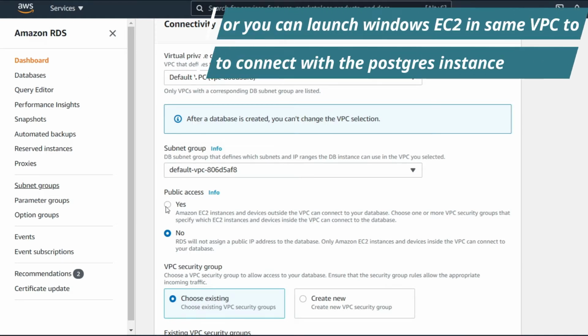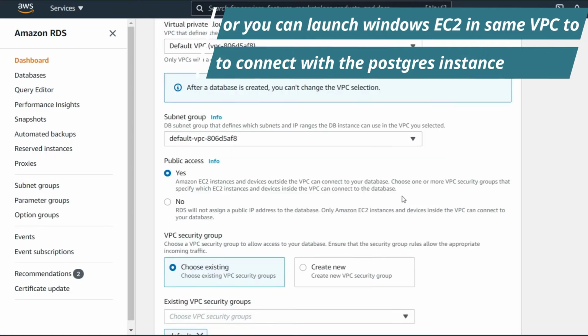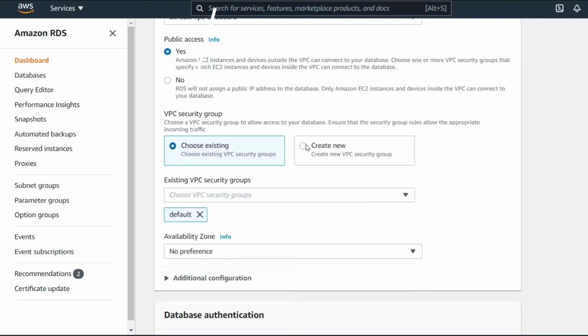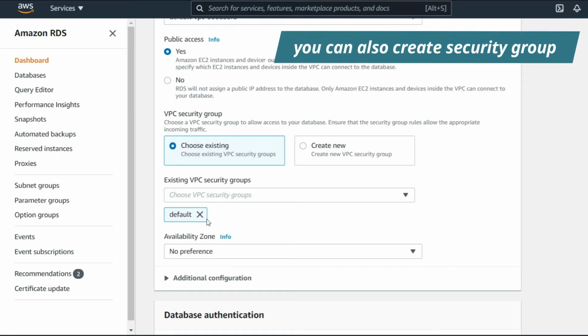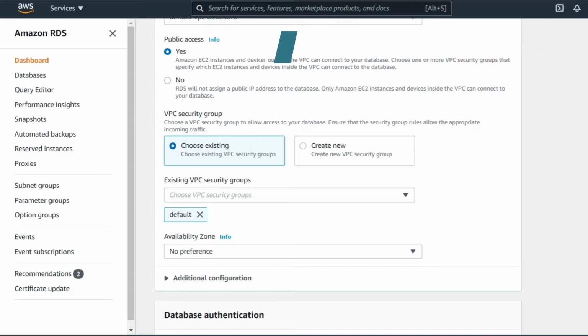Now, coming to publicly accessible, this is a must because we'll be connecting through our local workstation. Okay. Now, security group. For security group, I'm selecting the default, and make sure your default security group has port 5432 accessible from anywhere, or at least from your machine IP.